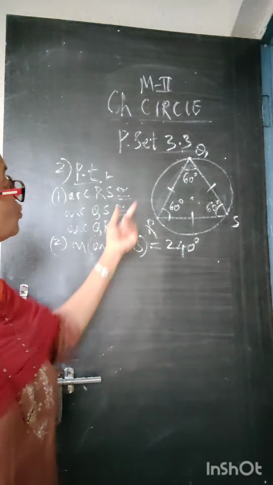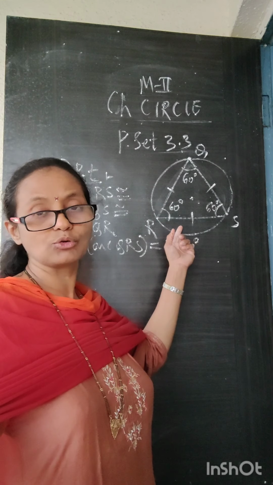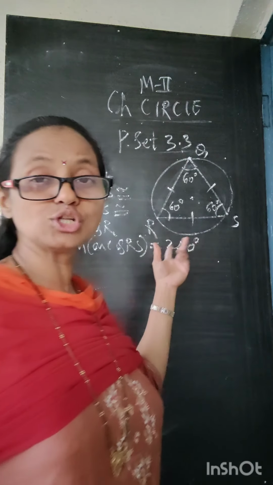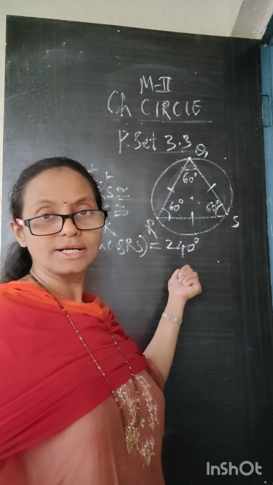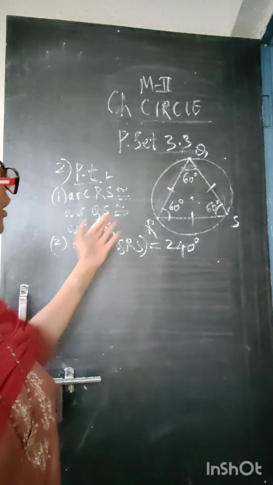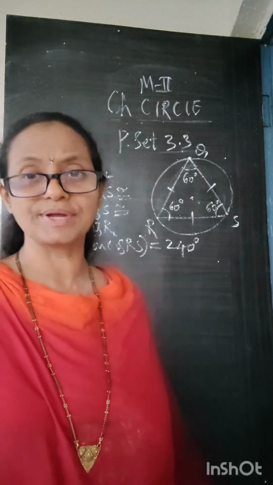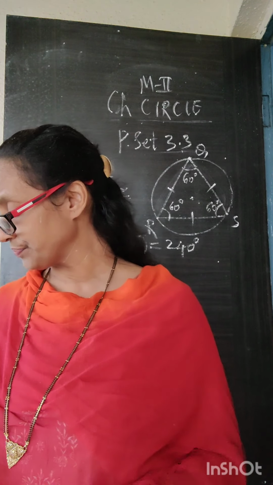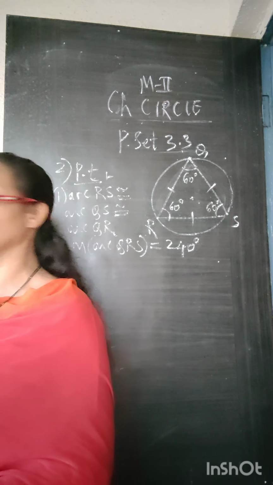Now we have to find QRS. QRS is the measurement of the addition of two arcs out of the three. Already we said every arc is 120, so the addition of two arcs will be 120 plus 120, that is 240. Correct? So we get the measurement of arc QRS as 240, proved here. Is that clear? It is very simple. You just have to know how to write down what we have discussed.